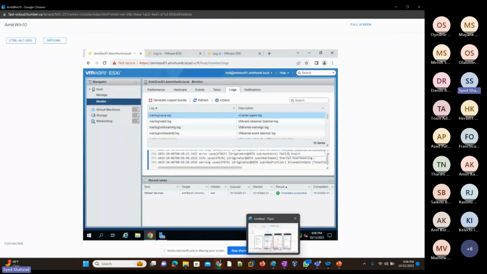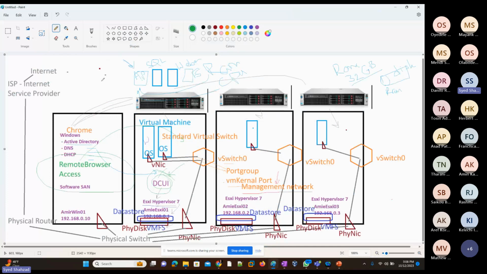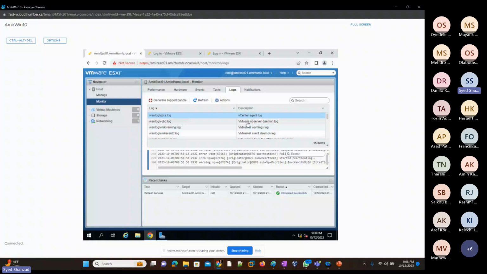vCenter, obviously we haven't talked about it because first we are exploring the rest of the environment. But vCenter, as we know already, once we deploy this appliance or virtual machine with a vCenter inside, it will control the whole VMware environment. All virtual machines it will control, all security, storage, and networking, performance, everything will be controlled from vCenter, right? When we install vCenter later. So here, when this hypervisor connects to the vCenter, any activity between the hypervisor and vCenter